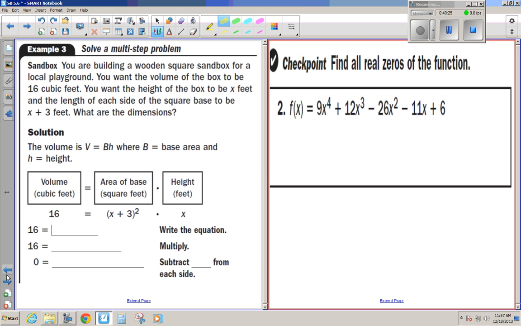All right. So, to keep this short, I want you to do number 2 of checkpoint on your own. Try to find all the zeros. Rewatch the video. See if it can help you. This one right here, the story problem. You're given a volume. You're told what the base is. And now you have an equation. 16 equals this. When you multiply x plus 3